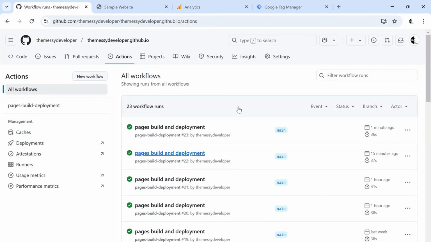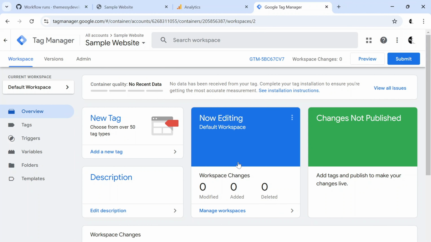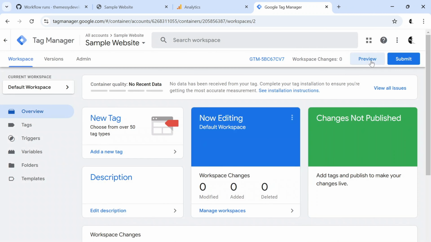Now our website is deployed. Let's go and test it. Let's close this. So if you are on this page and if you want to get the code again, you can simply click on this tag code and you will get the same again. So close this, go to the preview,